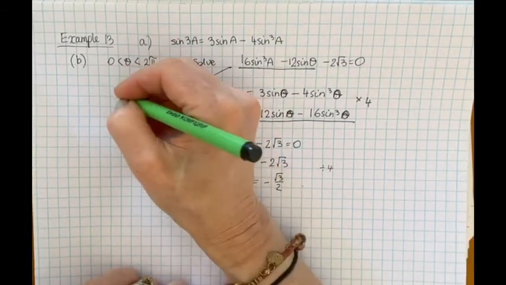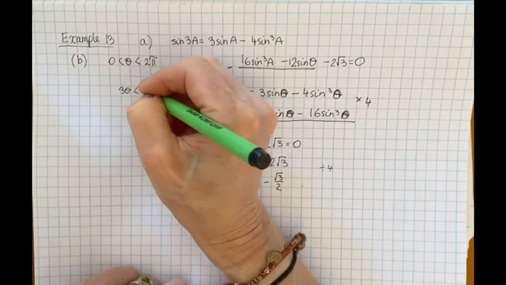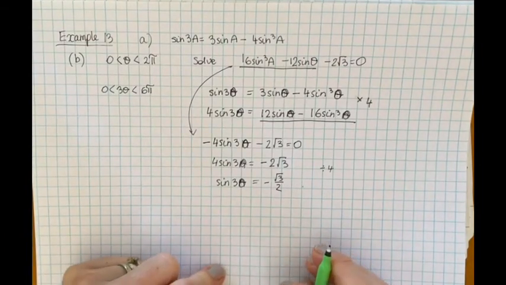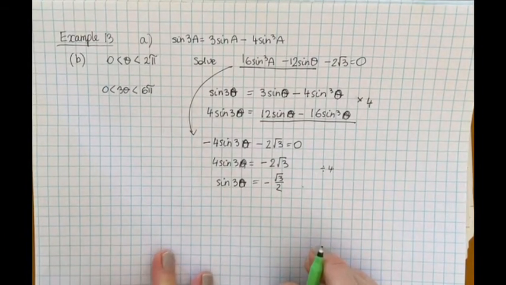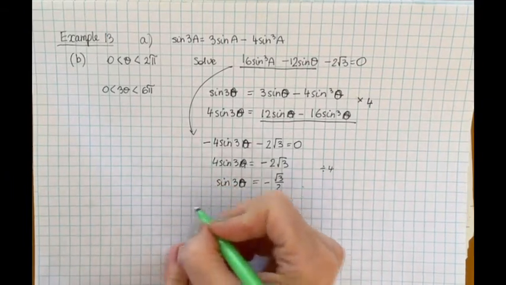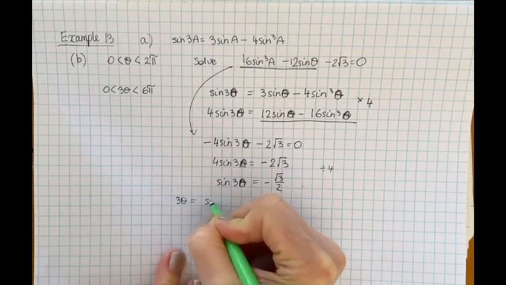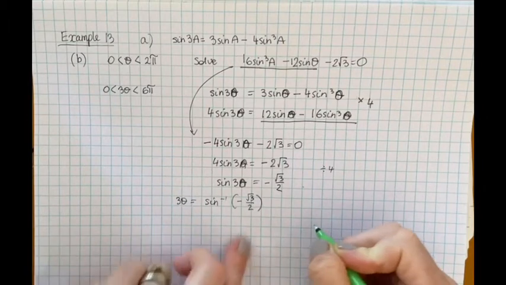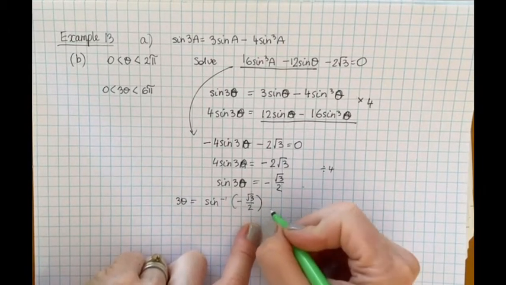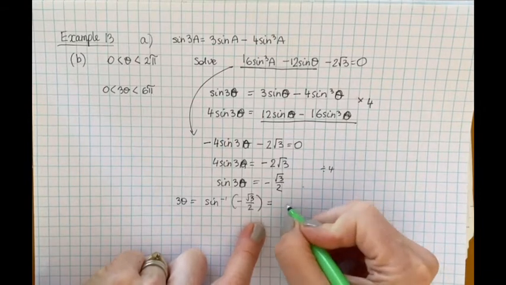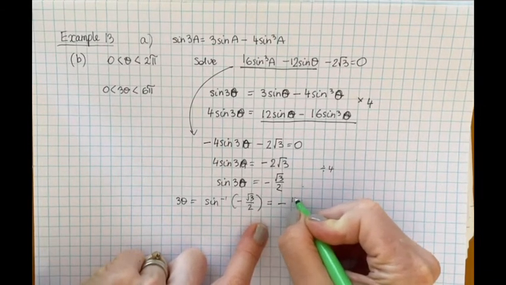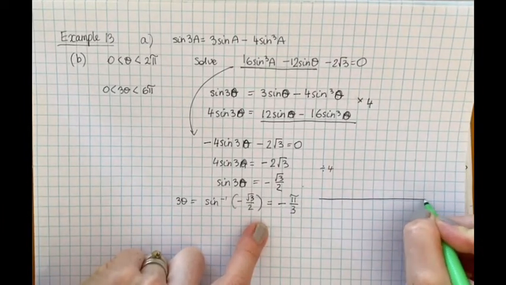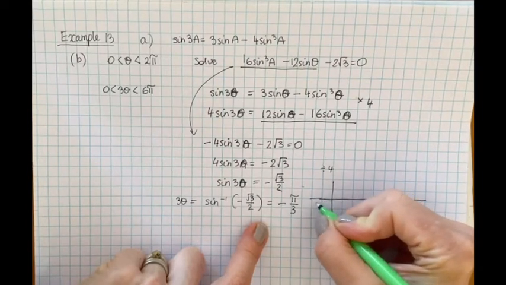Okay, so we are solving for 3 theta, so that means we need to go up to 6 pi. There you go. So we are looking for, there's 2 solutions up to 2 pi, so there will be 6 solutions. So 3 theta is equal to sine inverse of minus root 3 over 2. And then have a look on the calculator. The calculator is going to give you a negative acute angle, so it's minus 60 degrees, which is minus pi over 3. But obviously we're going to use this as our principal angle from which we are going to derive all the other